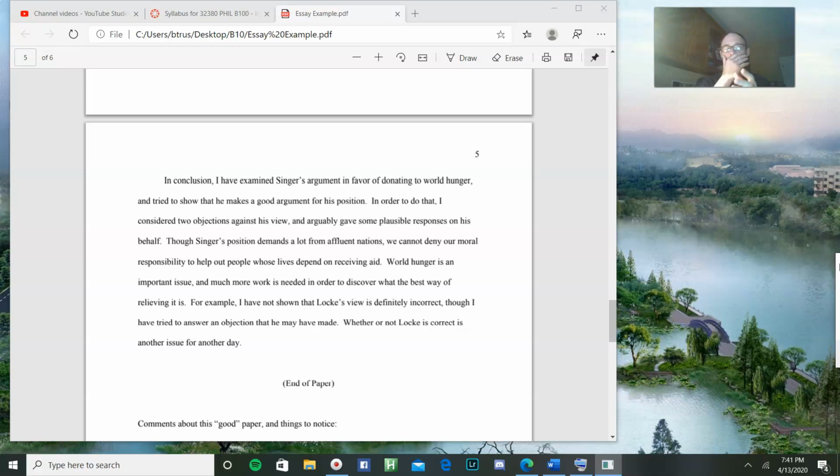Then the last thing the author does here is pretty cool, and I suggest that you do it with your paper too. In these last couple sentences, the author points to what the next steps in this research project would be. So write your paper as if you're part of a community of scholars working on this issue, trying to solve it, right? You can't solve whatever issue you're trying to solve in 6 to 7 pages. Hopefully, it hits on bigger themes that people will need to spend more time working on.